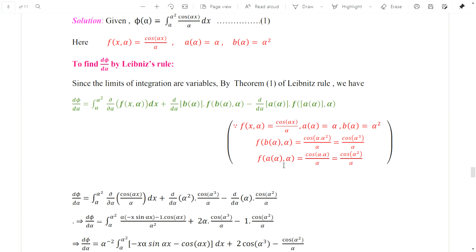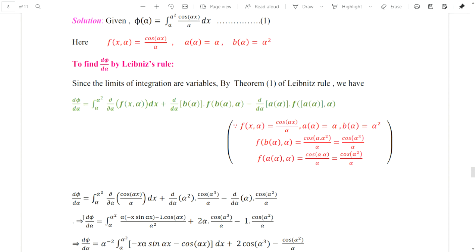f of a of alpha comma alpha is equal to f of alpha comma alpha, that is cos of alpha into, in place of x we have to substitute alpha. So alpha into alpha by alpha, that is equal to cos of alpha squared by alpha. So in this formula, in place of f of a of alpha comma alpha, I will substitute this value, and in place of f of b of alpha comma alpha, I will substitute this value, so that this formula becomes